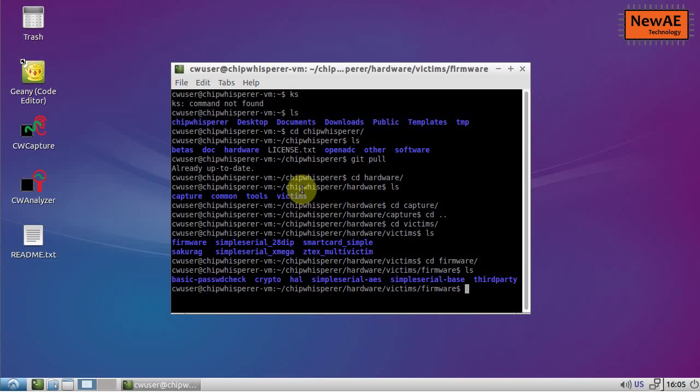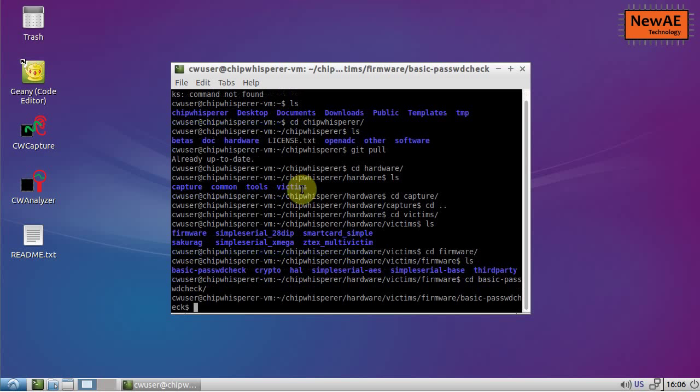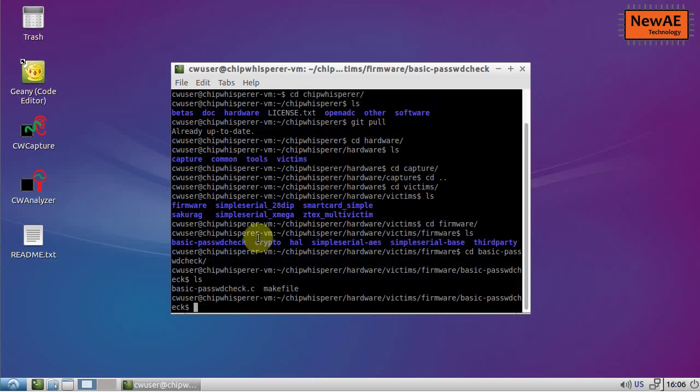This is all of the example attacks that you can do against various targets. It uses a hardware abstraction layer, the HAL directory, and the other ones typically build on top of that. There are a few third-party apps that only build for one specific platform. What we want to go into is the basic-passwordcheck directory. And you can see inside this, we have two files,